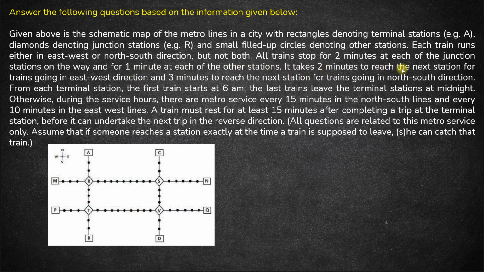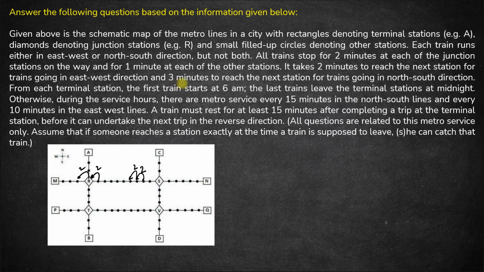It takes 2 minutes to reach the next station for trains going in east-west direction. For example, a train which is at this junction or at this station, to go from here to here, it takes 2 minutes. To go from here to here, 2 minutes, and so on. So in the east-west direction, it takes 2 minutes,